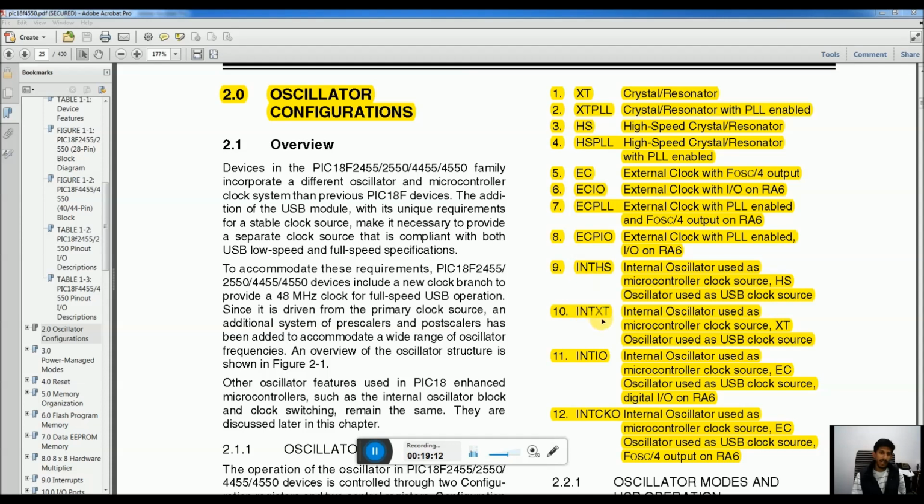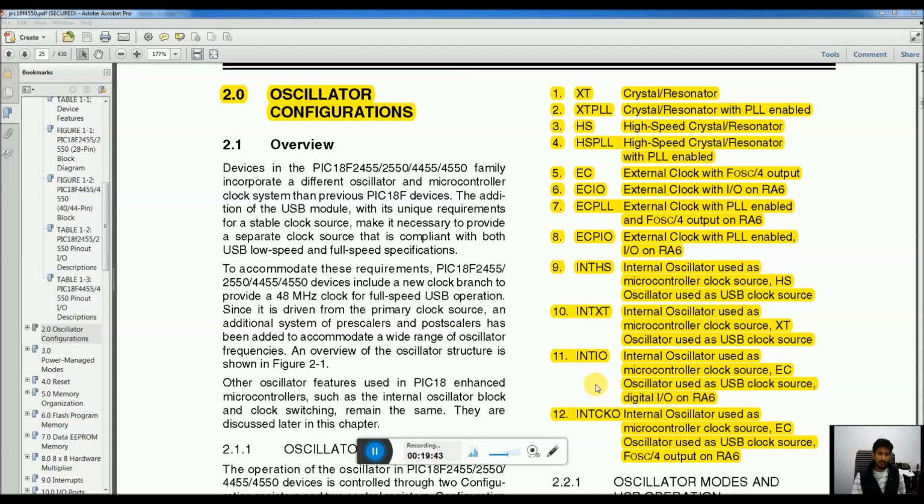Then we have INTXT. Again, it will use the internal oscillator, but an XT oscillator will be used as a USB clock source. Then we have INTIO. So internal oscillator will be used as a microcontroller clock source, but an external clock will be used for USB. And on the free pin, a digital input output will be associated with RA6.